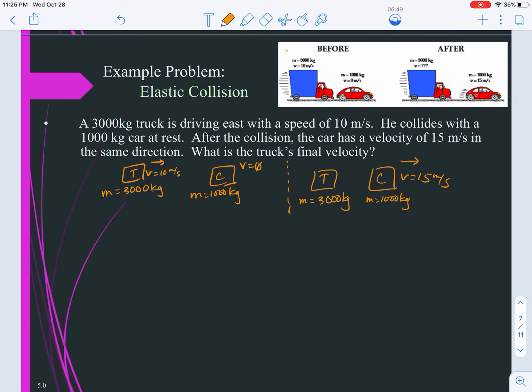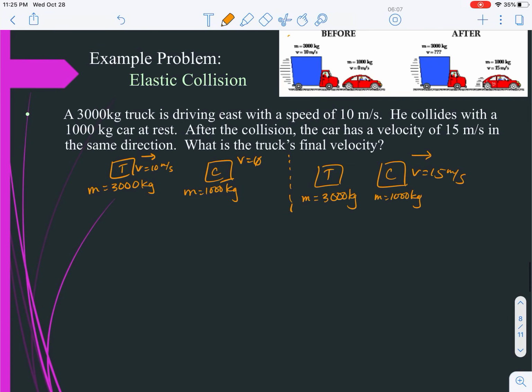You may be able to recognize that it's elastic or inelastic, and you may know exactly which equation to use just because you've identified the type of collision. But you can also use the illustration that you've created to show you what that formula should look like. So in this particular question,